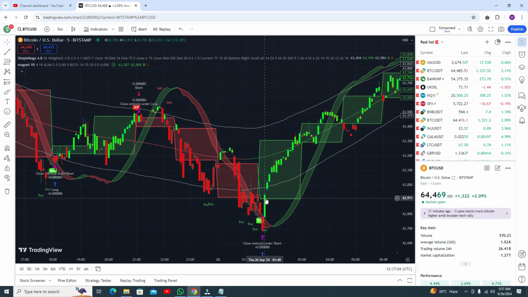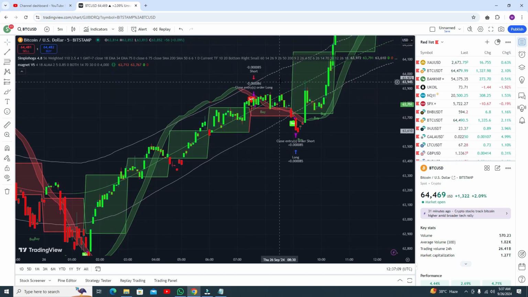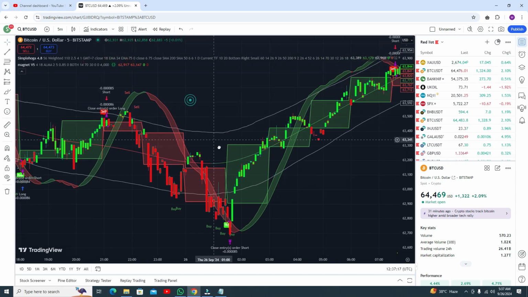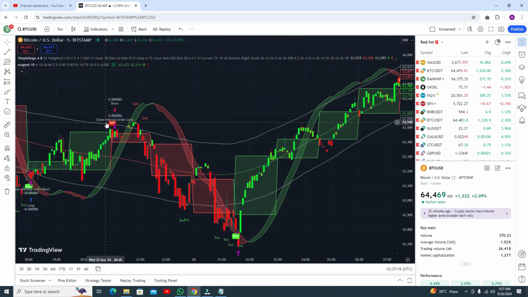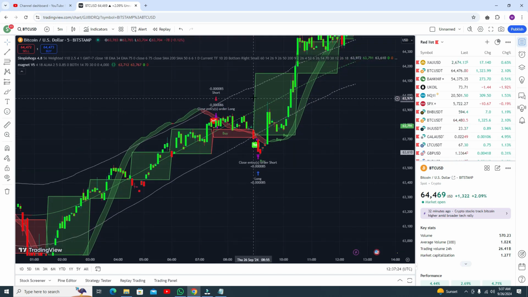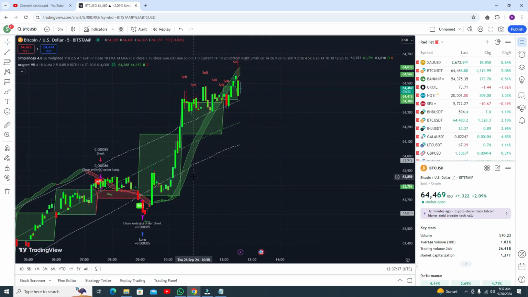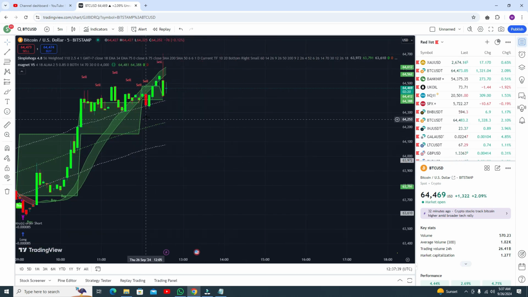This is the point where you can go for the buy trade, this candle, and you can see you got some good profit here. Okay, now this is the sell trade. You are not getting any sell signal. I'm talking about this sell signal. Okay, this one, not this one, I'm talking about this one. So you can see you are not getting a sell signal here, so you do not need to go for the sell trade. And here you can see the buy signal and the shadow is green, so you can go for the buy trade, and you can see you got amazing profit here.